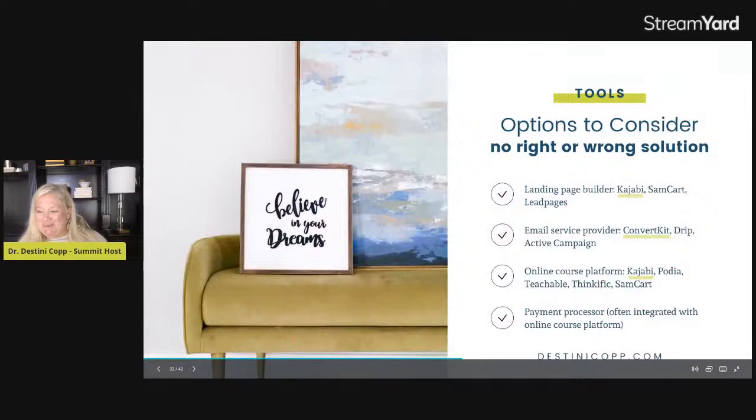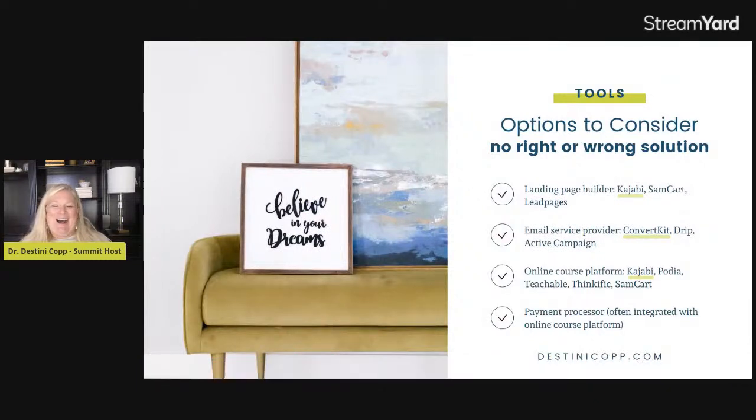I know we have some questions in here, so I'm actually going to answer those here. Here are some options to consider for some of these tools. For a landing page builder, I have highlighted here what I'm using. It doesn't mean that it's the best recommendation for everybody, but I'm using Kajabi.